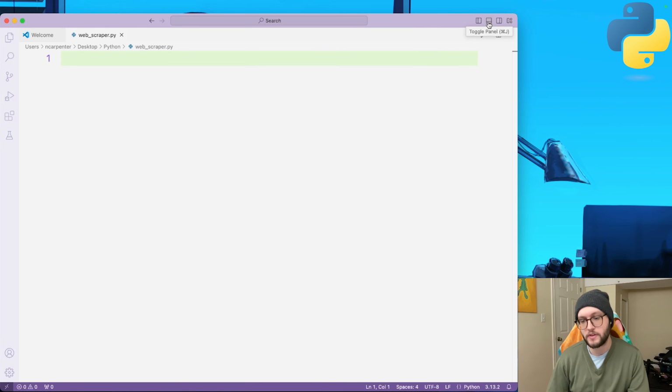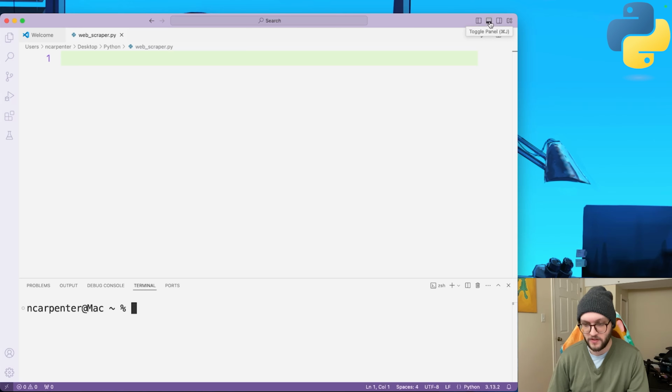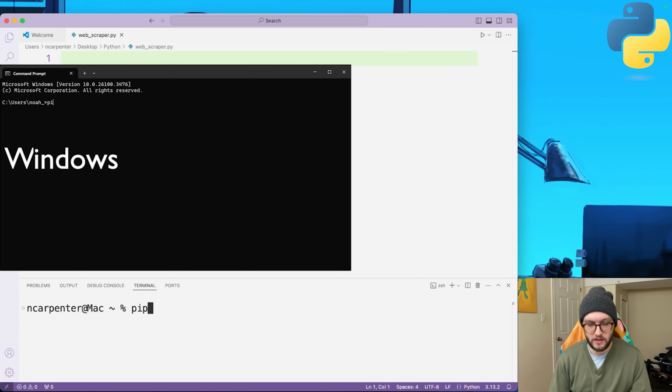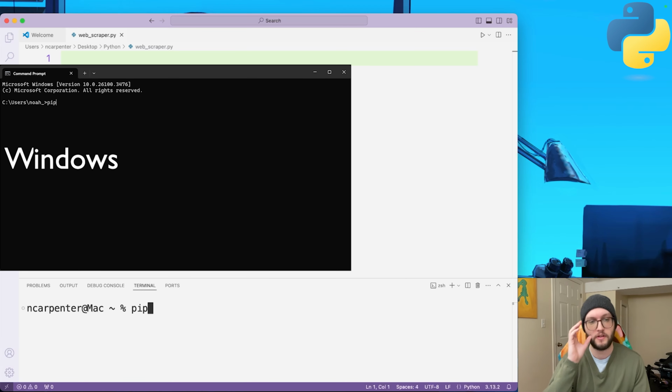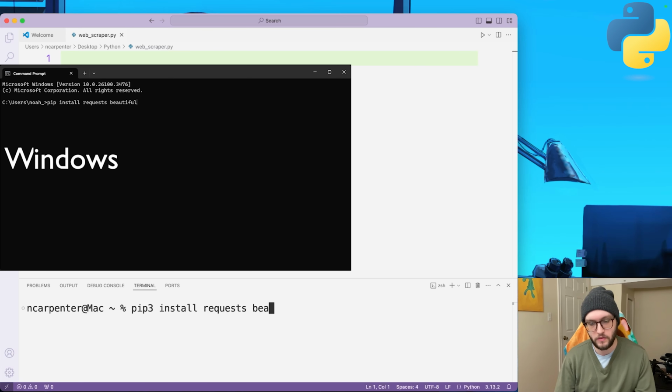So something I learned is we actually don't have to use terminal or command on our Windows or Mac computers. We can actually use the terminal built into Visual Studio Code. So if you want to toggle the panel here, we can go ahead and use the pip command. If you're on Mac or Linux, it'll have to be pip3, Windows just pip, followed by install. And then we're going to do requests, and then we'll install beautifulsoup4